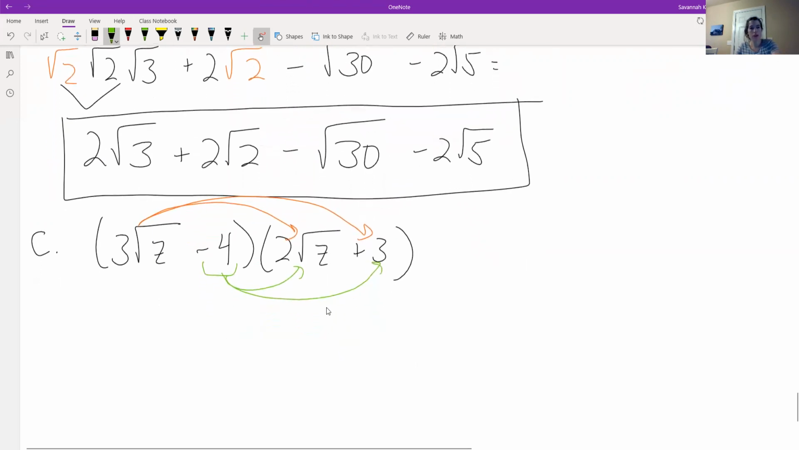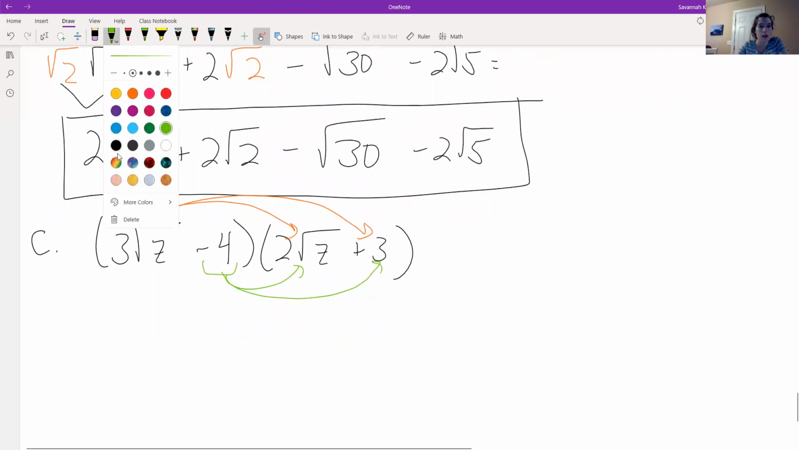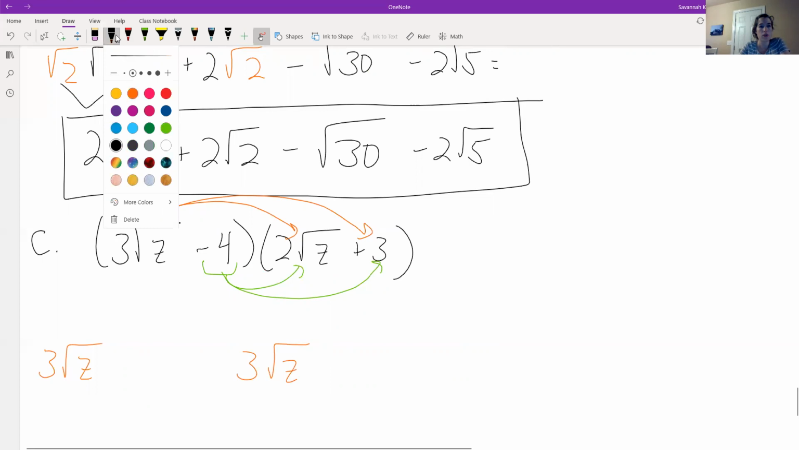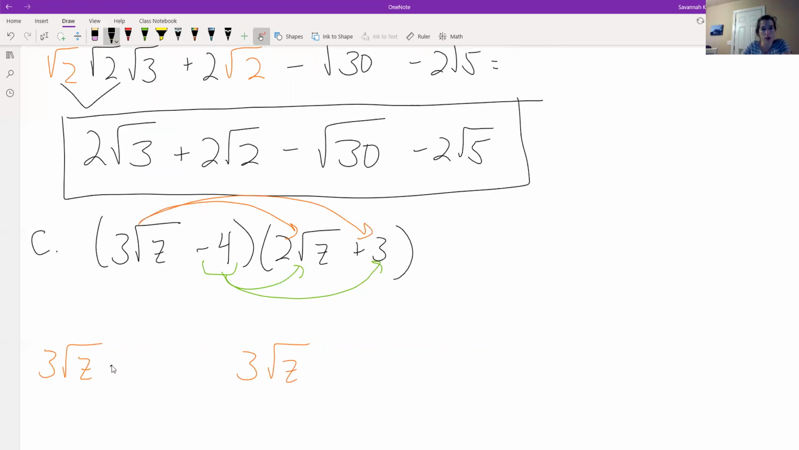Okay, so let me continue with the color coding. And this is going to be even more interesting than before. I'm going to spread this out. So the 3 square root of z multiplies across. And because everything's so complicated over here, I'm not going to worry about arranging anything just yet. Plus